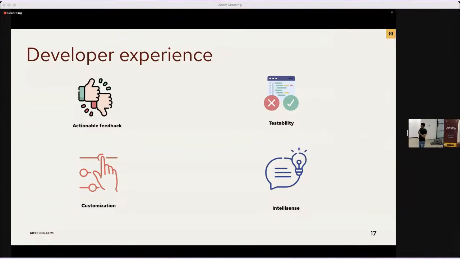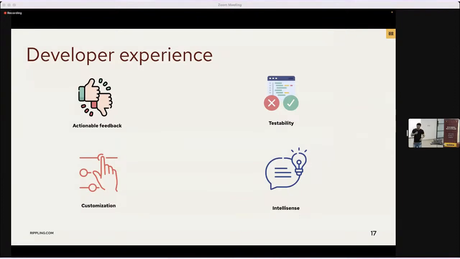So when we enabled this framework, all our English strings were removed from our code base and moved to a different repository. So obviously the developer now has to replace those English strings with some keys, but we took care of those conditions where they don't have to do those migrations, and thus testability becomes an important factor. Similarly, customization is another flexibility that we have to provide in our terms, where